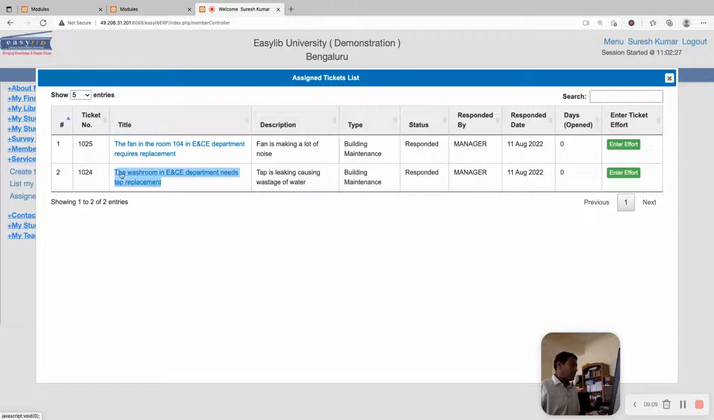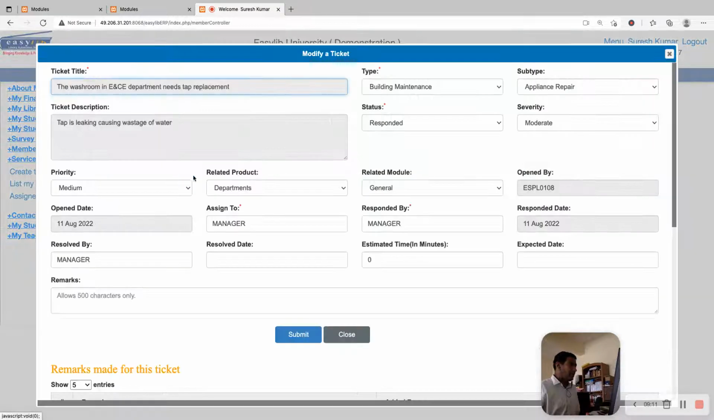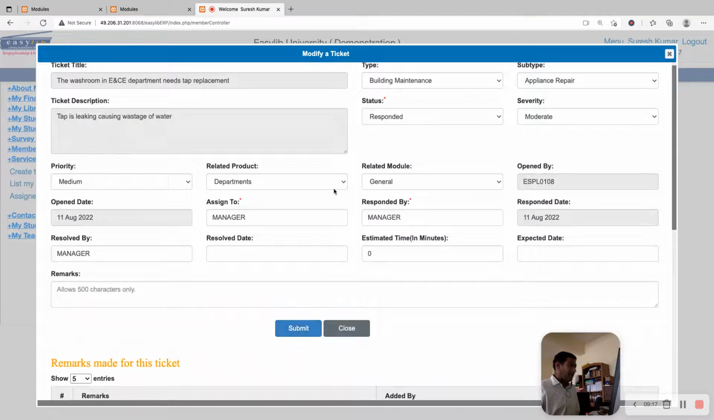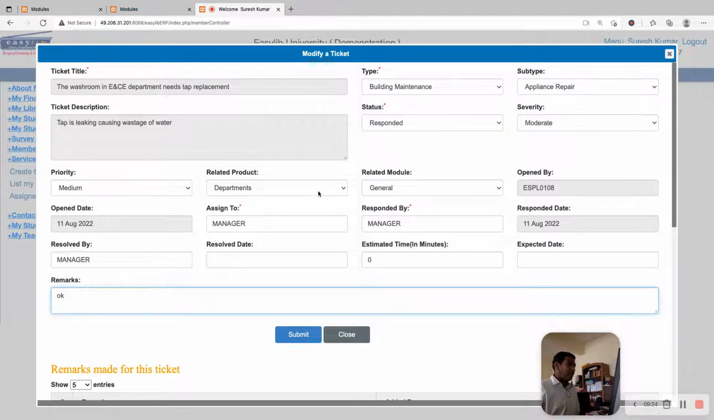So now washroom ticket, this one, right? So he will look at this and he sees the remarks that fix the leaky tap. It's already been done by the plumber. Okay. So he will put it as okay over here. And so now what he will do, he will mark it either as closed or I'll assign it back to